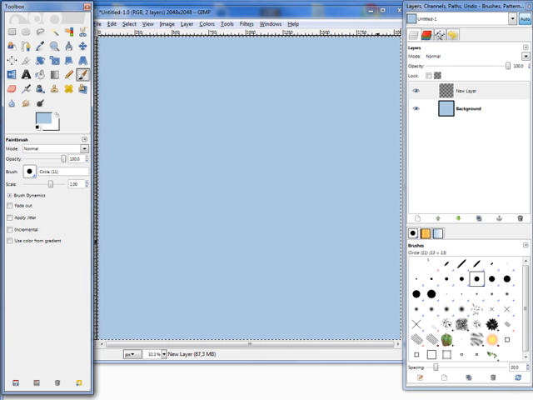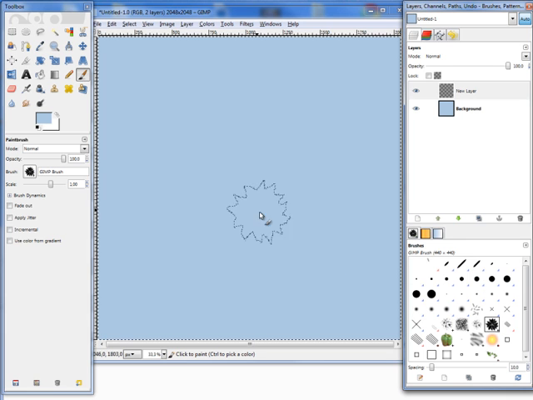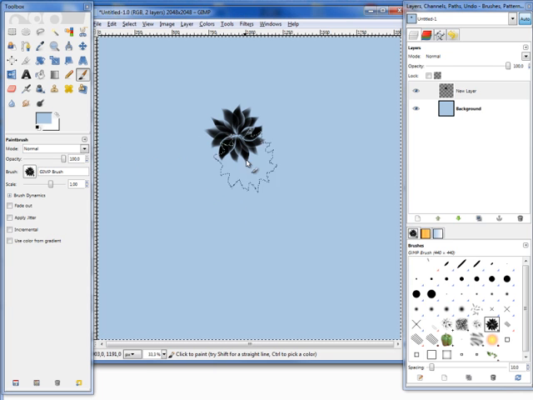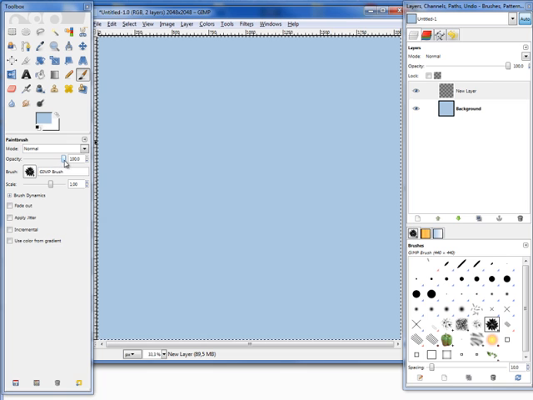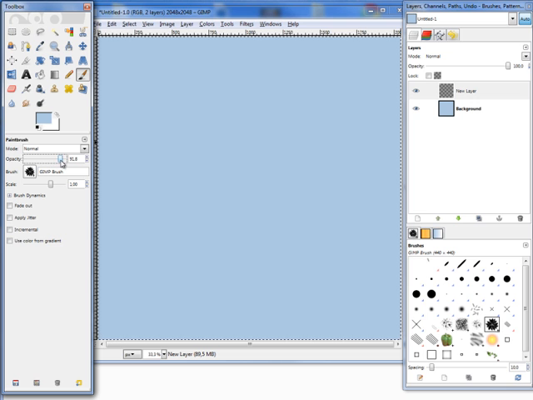We click the brush, we select the brush we just imported that we are going to use, and now we are going to change some of these settings here to the left. We have the proper brush. If you look at this, you will see it is black, and I don't like that. I want it to be white and a bit transparent. So I undo this with Ctrl Z, and I'm going to change some of the settings. I want this to be max 90% opacity, or 96, something of the kind. I want to scale it down a little bit to like 75%